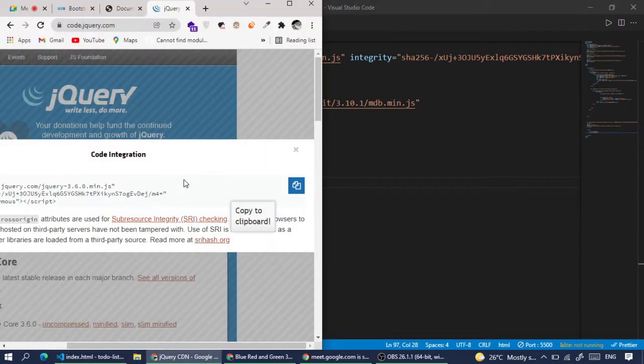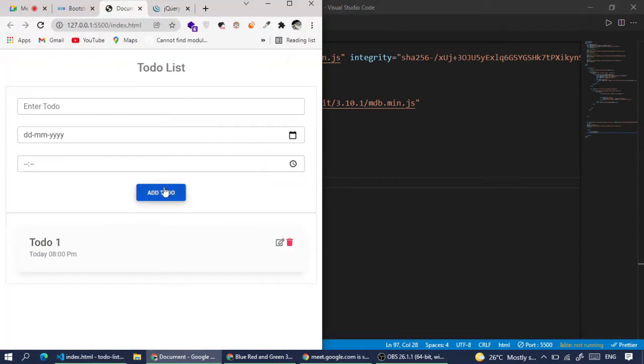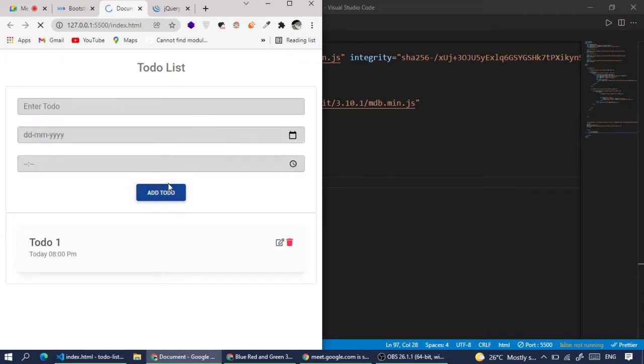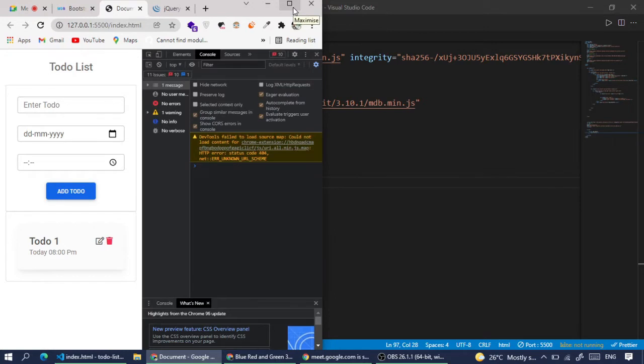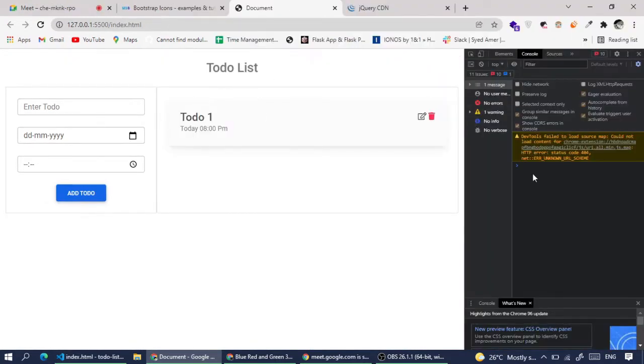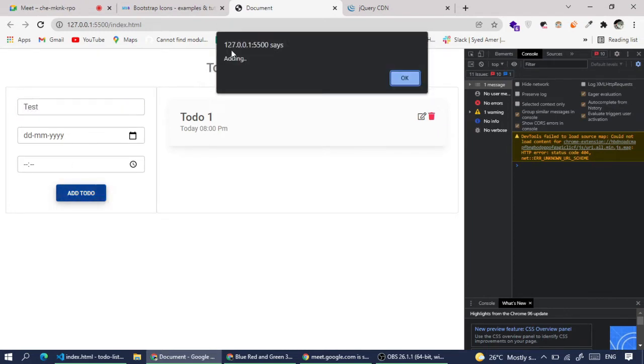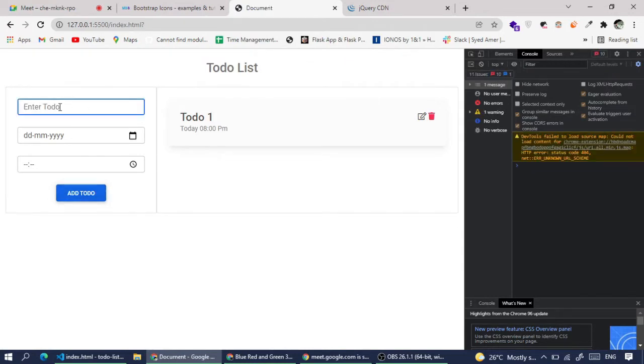Let's see here. Once we submit, it will first ask. Okay, now let's also open the terminal like this, and developer console should be opened while we are working with JavaScript. So it says adding right here. We can see that. So if I don't add any to do, it will say please fill this field. Why? Because I have made it required. So to do should not be empty.